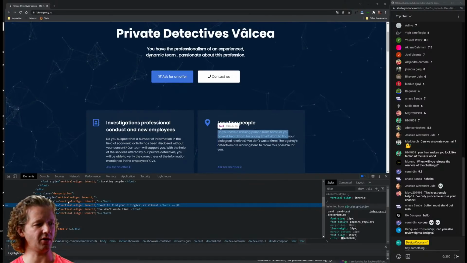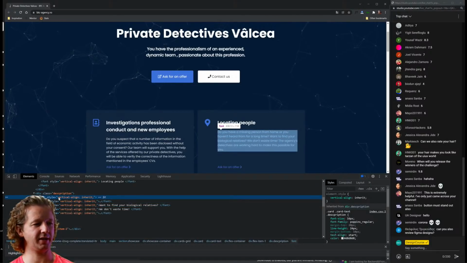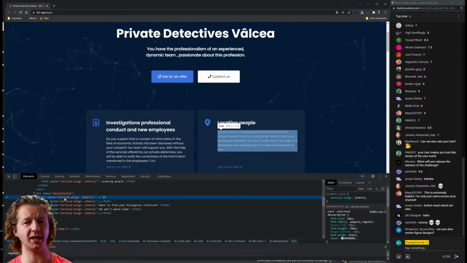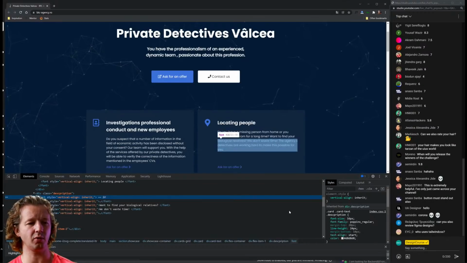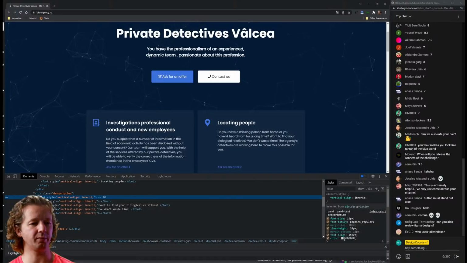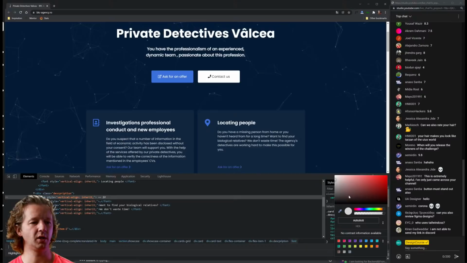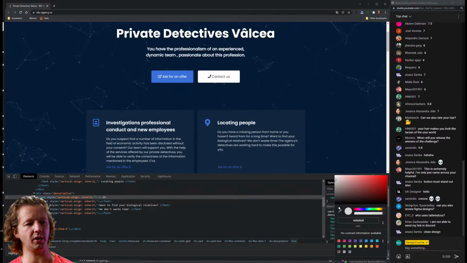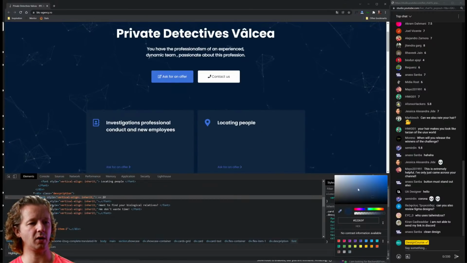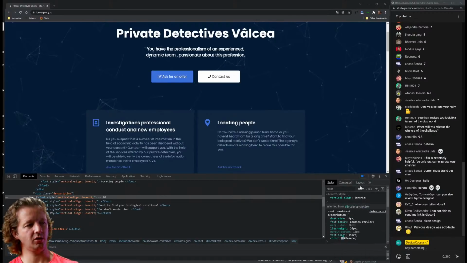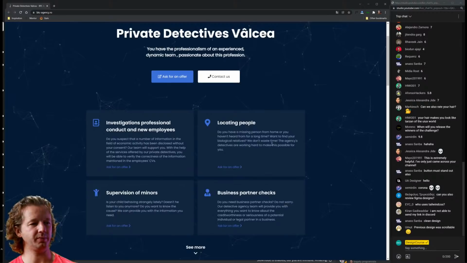And for some reason, these are all in font elements. That should be one single paragraph element. So I'm not sure if you're using some type of website builder or something that's generating this code for you. You probably are. But you want to avoid that in order to have good, clean markup as much as possible. But here's a tip. For further increasing the visual hierarchy between these two elements, we can take the background it's sitting on and then just add a little bit of gray and a little bit of that color in there. And then that way we're making it a little bit better.